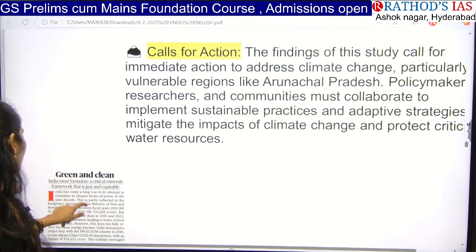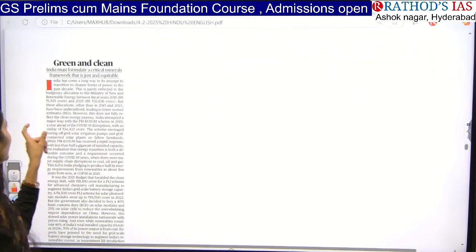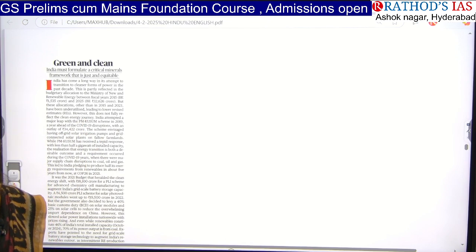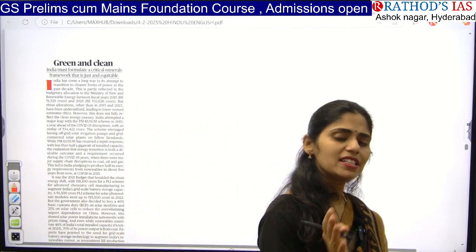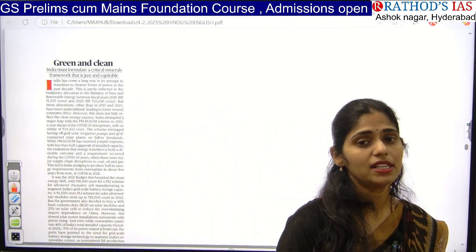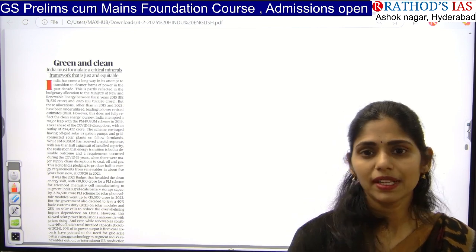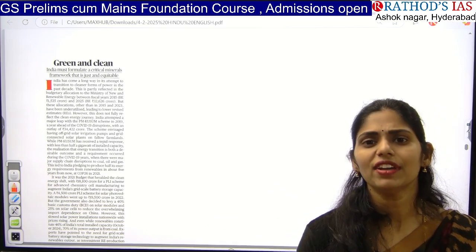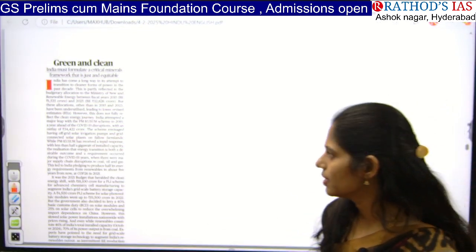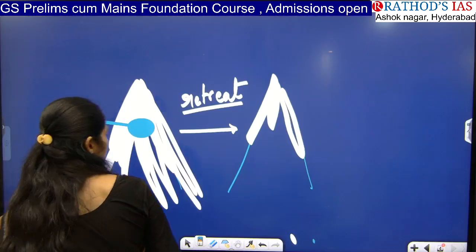And now let us see the next article. It is about green and clean. This article is talking about critical minerals. Now we have to see some basic facts: what these critical minerals are, what the examples of these critical minerals are, what steps have been taken by our country, and why we have to focus on these critical minerals. So the keyword here is